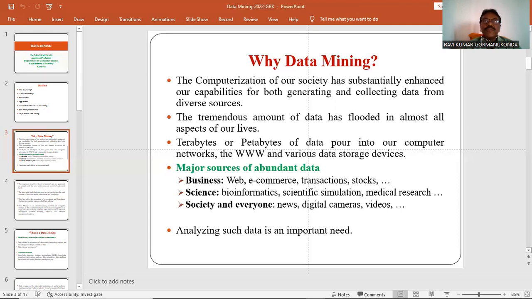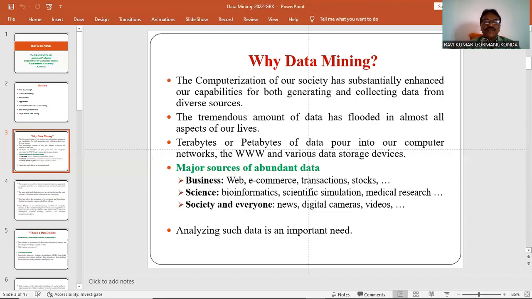So generally, the computerization of our society has substantially enhanced our capabilities for both generating and collecting data from various sources. So the huge amounts of data were collected and stored in information repositories.